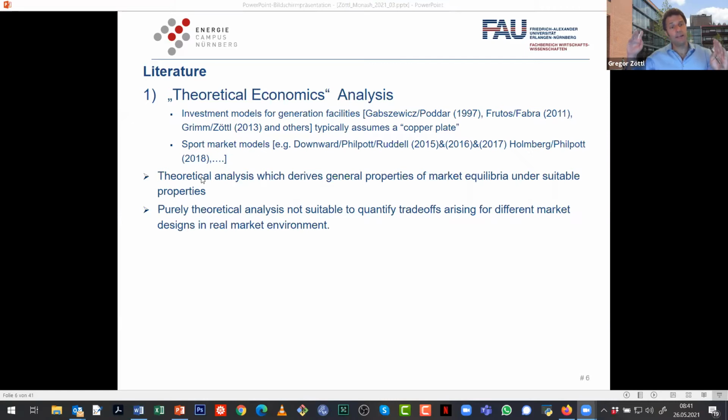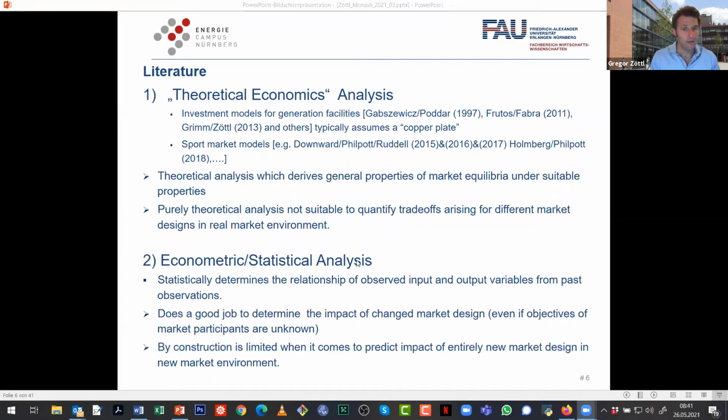But what you won't get is an exact or realistic quantification of the trade-offs which we observe, or how much better this is than that. This is typically something which is not obtained, but which we are doing by using this computational equilibrium approach, which I will